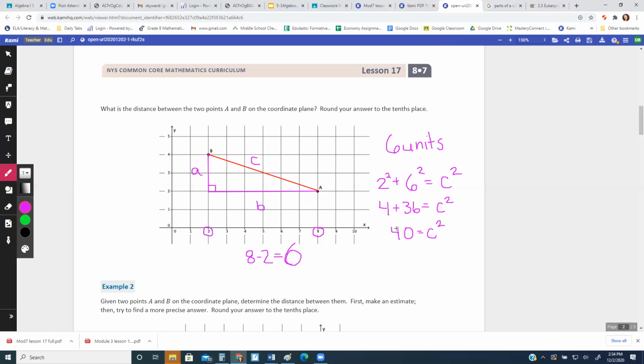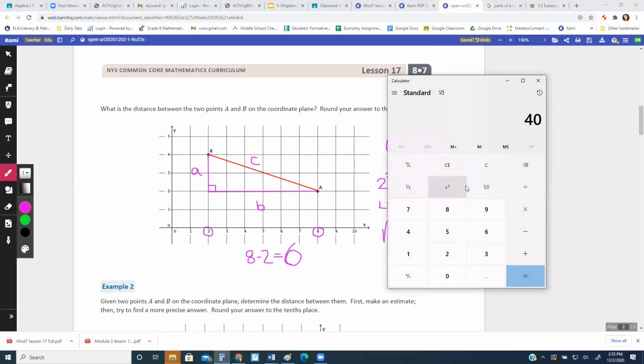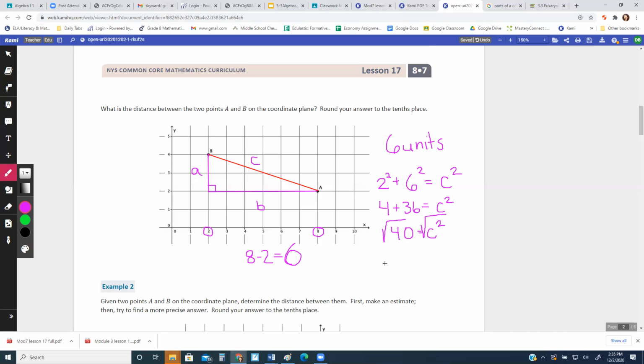What does c equal? Well, I need to take the square root of 40. Now, I do not know what the square root of 40 is. So I'm going to hop over here. I'm going to go 40 square root, 6.32. Looks like what it is. So c equals